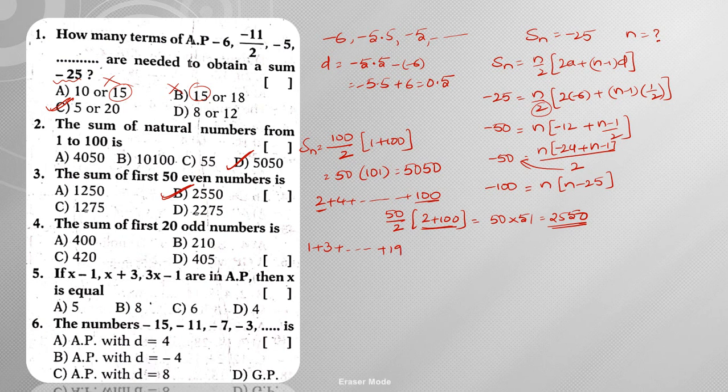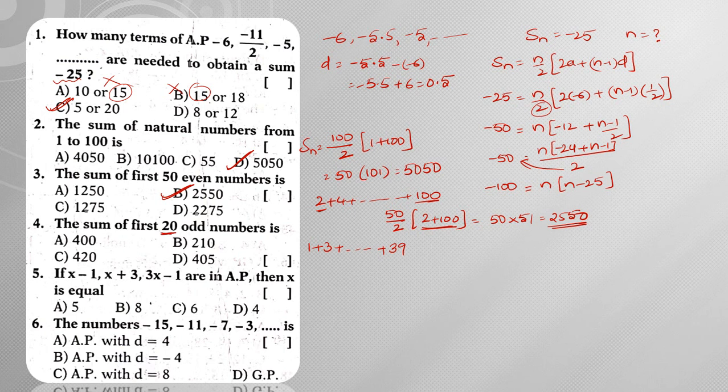So is it 19? Sorry, it is not 19. It is 39. So how can you say that it is 39? Simply pair up all the numbers. Since he is talking about first 20 odd natural numbers, if you count 40 numbers, from 40 numbers you are going to get exactly half of odd numbers. That means 1, 3, 5 and so on, 39.